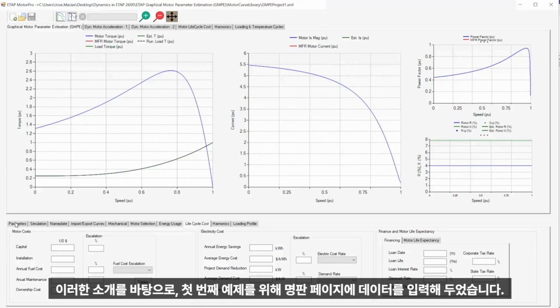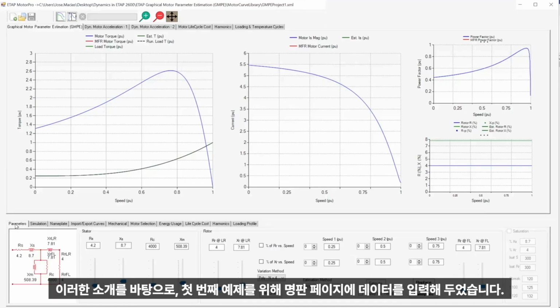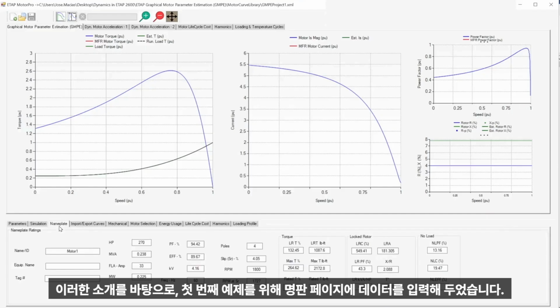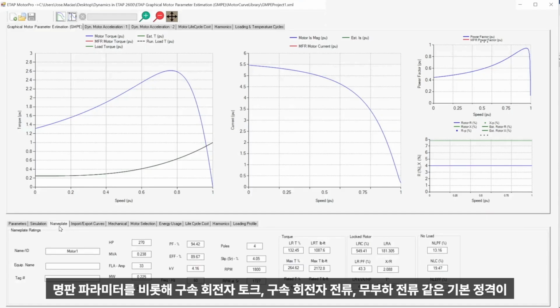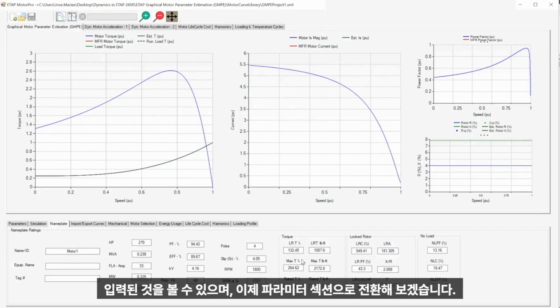So after this introduction and for this first example, I have already entered the motor data in the nameplate page. So you can see that based on the nameplate parameters and some basic ratings like locked rotor torque and locked rotor current, as well as no load current, we can go ahead and switch to the parameters section, and when